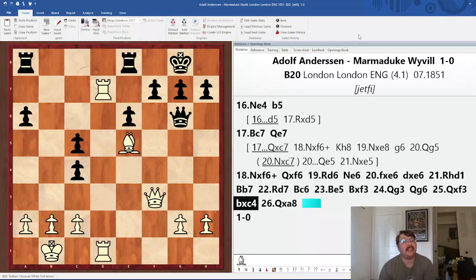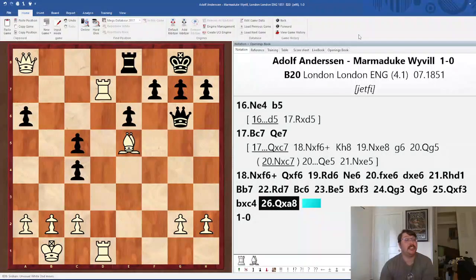Because the back rank is very weak, and Anderssen exploits it. Always be careful of your back rank. The obvious continuation is rook takes queen, and rook here. But Wyvill resigned because at the end of the day, he's not going to play that variation, and